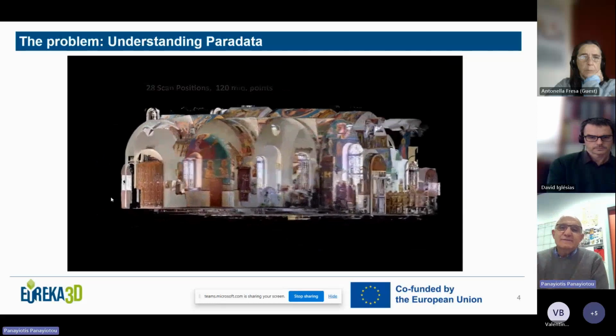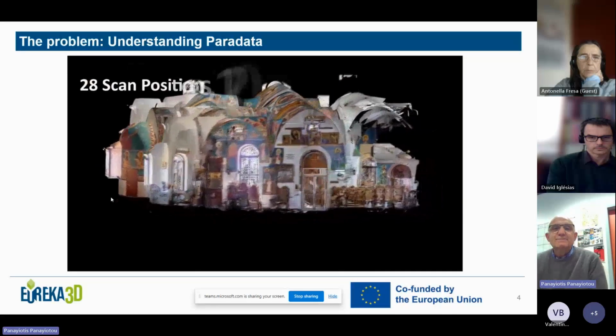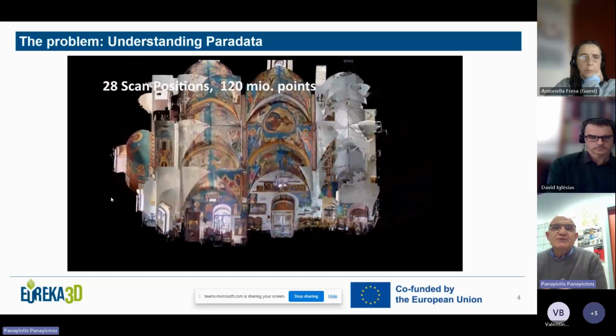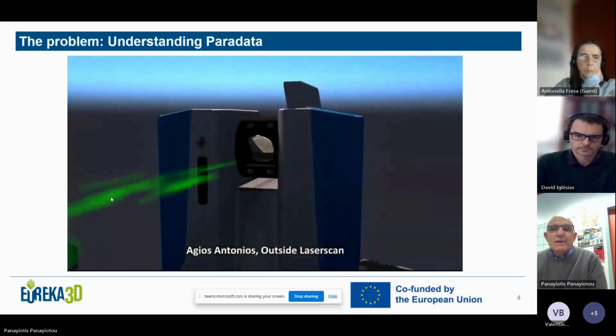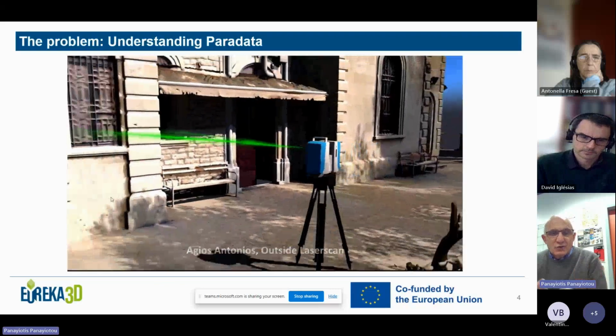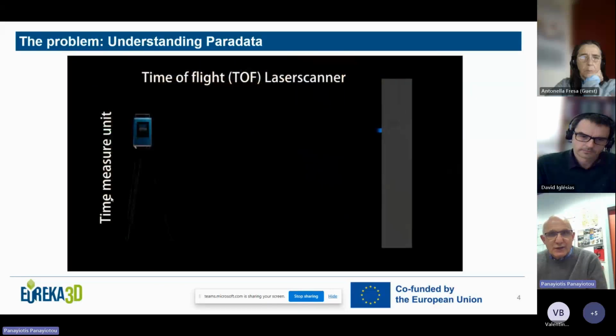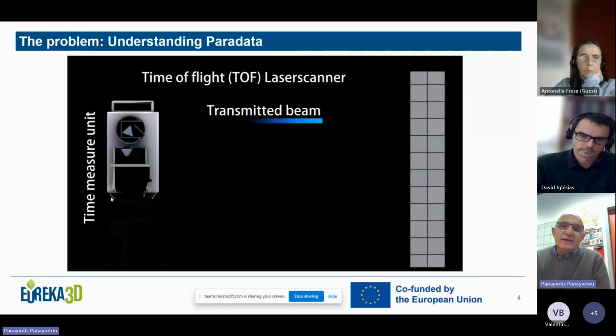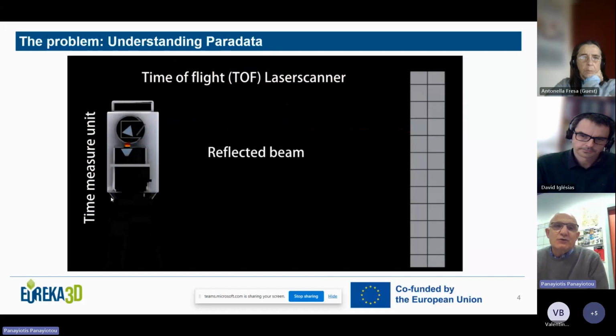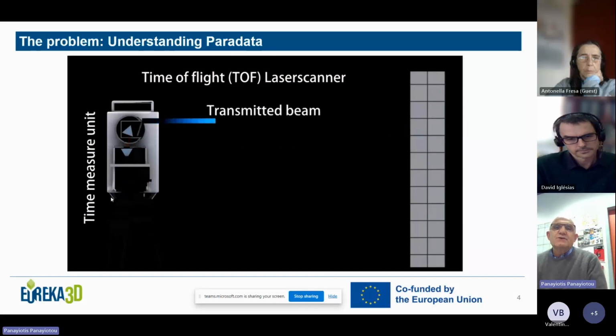And the result on the other side, 28 positions, 120 million points. And please have in mind, all this information that you saw up to now is nowhere to be found in all the 3D objects available up to now under Europeana. Okay? So,